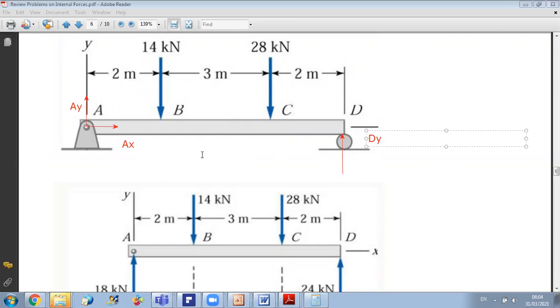Now, first, we have three equations of equilibrium and three unknowns for AD. No forces along X, so when we write sum of X equals 0, we get that AX is 0. Now, to get AY, I can do, for example, sum of moments about D. If I do sum of moments about D equals 0, I can select the positive direction as I want. So, for example, if I consider the clockwise as positive,